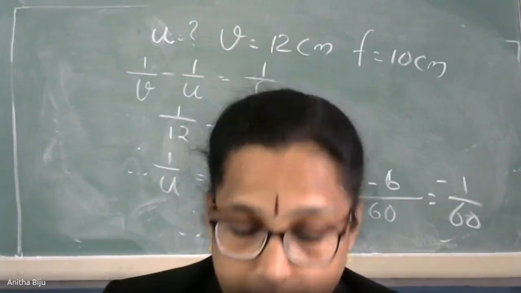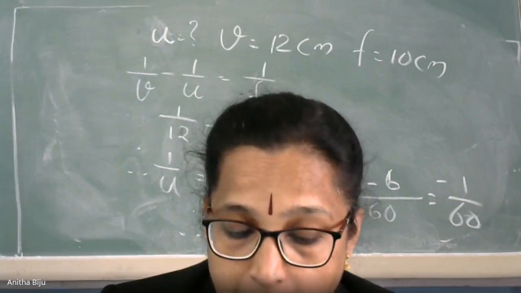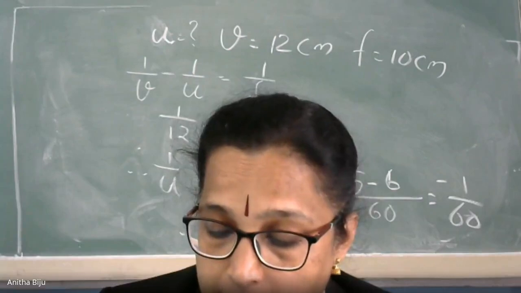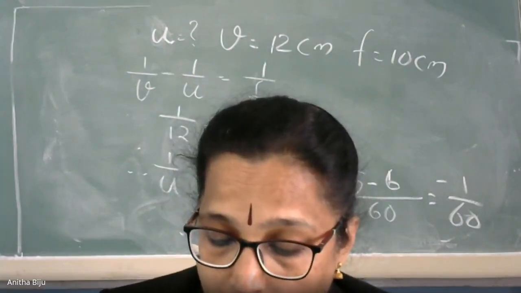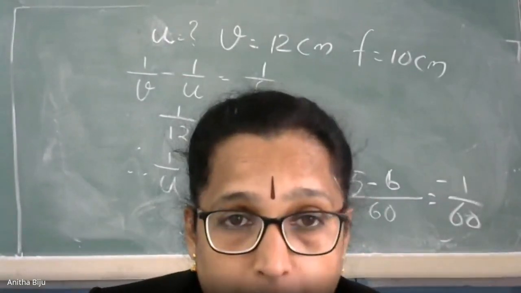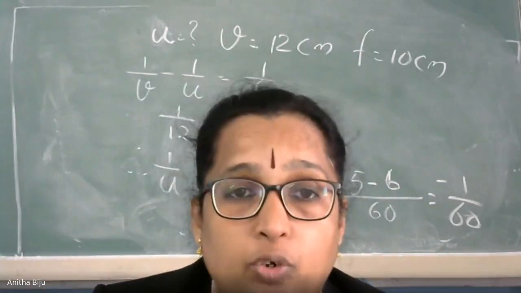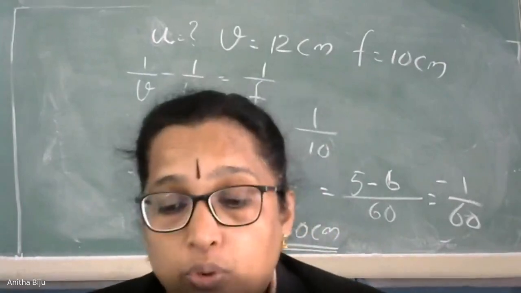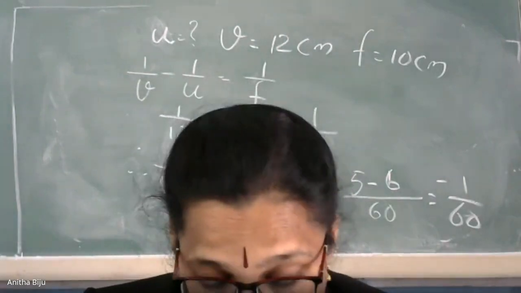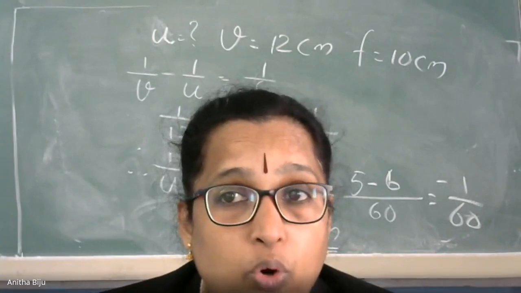I will repeat the question. If an object of 7 centimeter height is placed at a distance of 12 centimeter from a convex lens of focal length 8 centimeter, find the position, nature, and height of the image. What do we have to calculate? First you have to calculate v, then the magnification, and lastly h2, the height of the image. Put in the values given. First we have to calculate the value of v using the lens formula. First write your formula, 1/v.